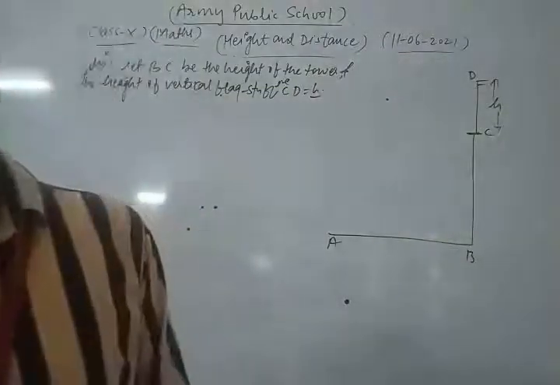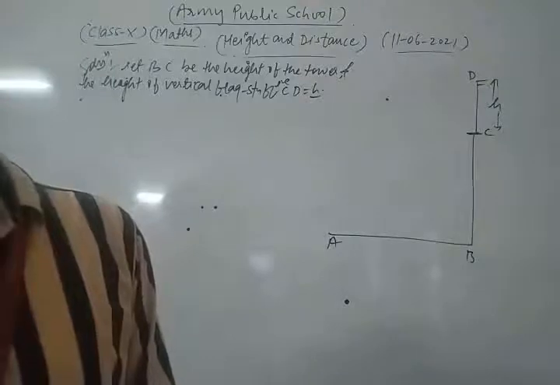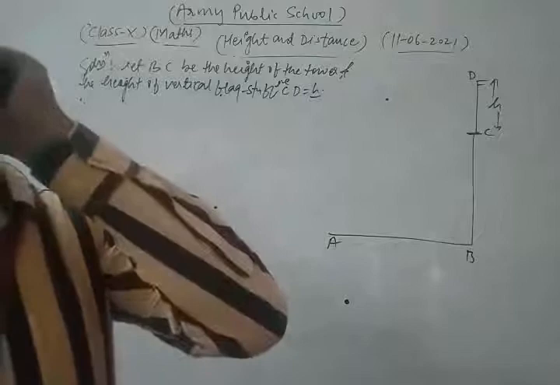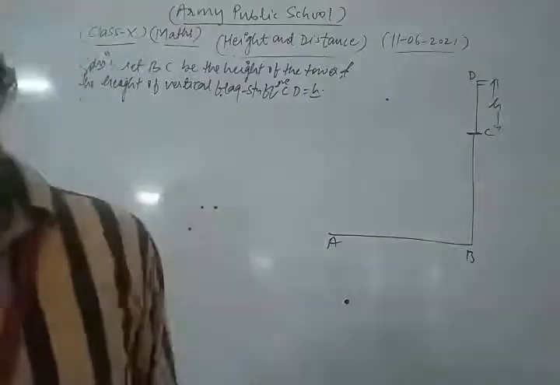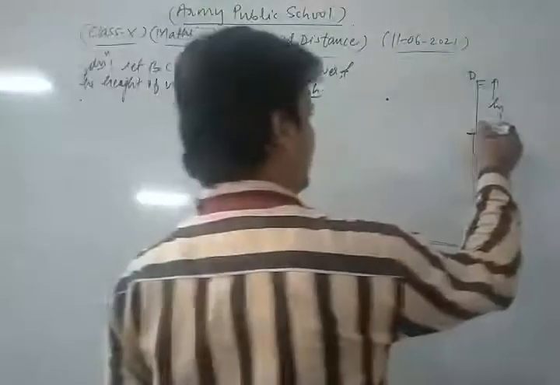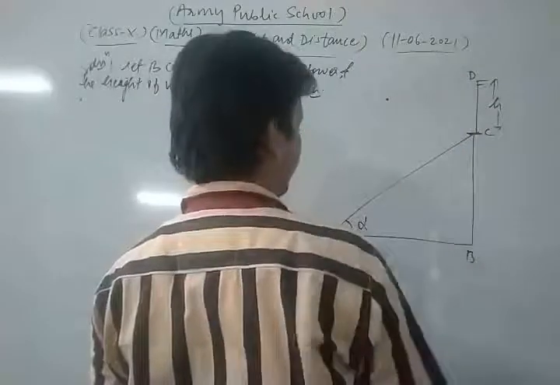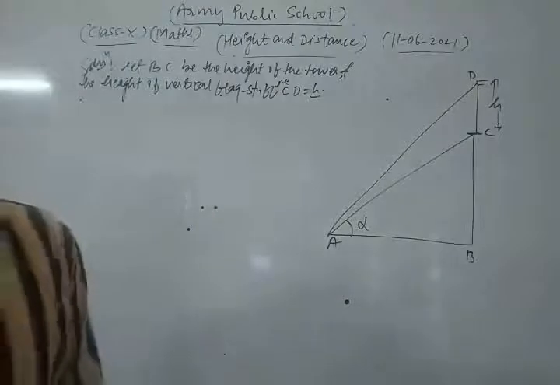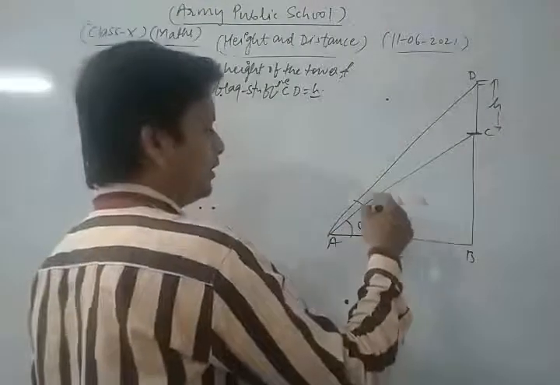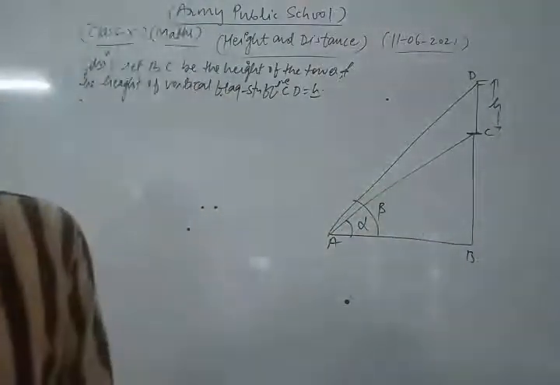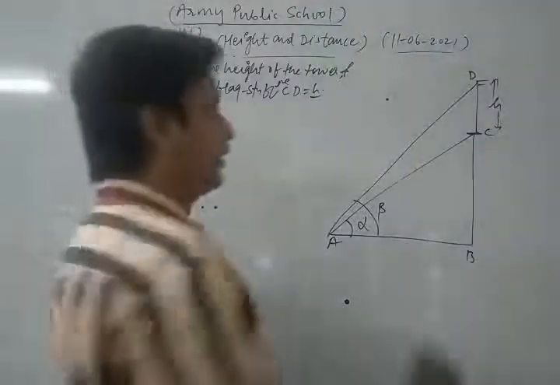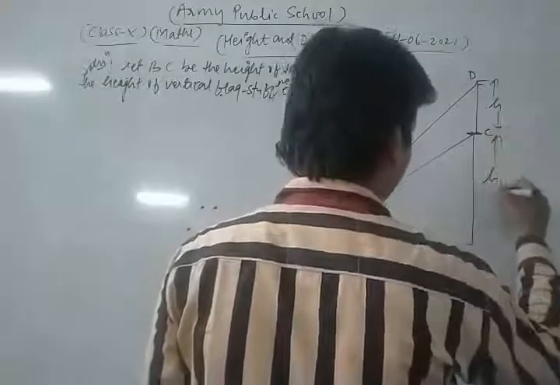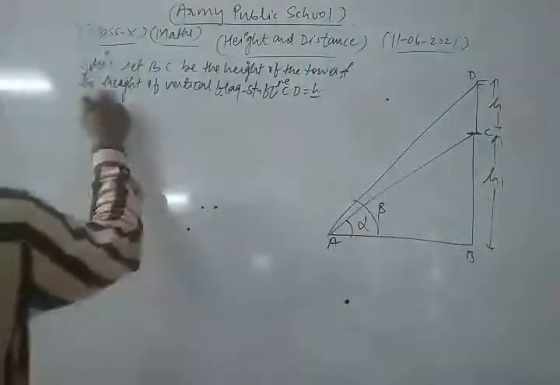Now at a point on the plane, the angle of elevation of the bottom and the top of a flag staff are alpha and beta. This is your bottom, from there this is alpha, and from the top of the tower this is beta. Now we have to show that the height of the tower, let us take the height of the tower as h1. We have to prove